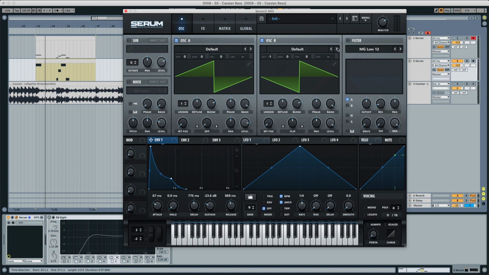But we're also gonna activate the filter. We're gonna put it to MG low 24. We're gonna activate oscillator A and oscillator B, cutoff around 49 Hertz. We're gonna pick the resonance, put it to 3%, the fat to 40%. And we're also gonna modulate this with envelope 1 in 50, 48. You can see it sounds pretty far from what we want,